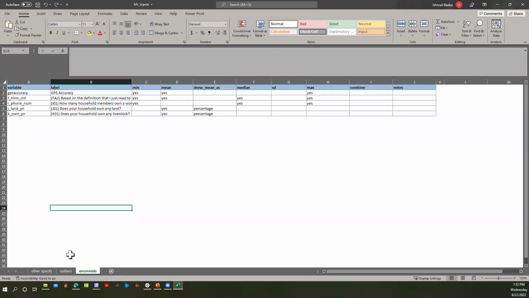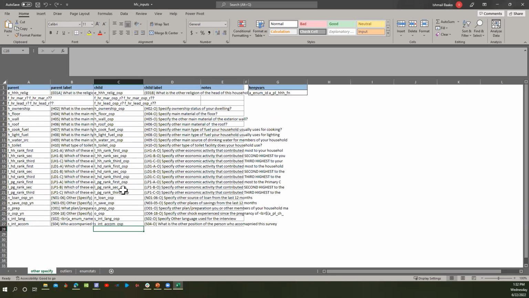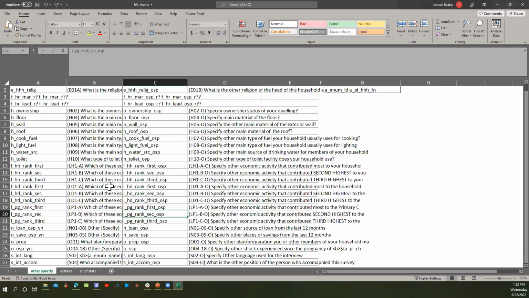So the HFC input file now contains inputs for just 3 of the commands, instead of the 12 or 13 that we had previously. These are commands that absolutely need the input file. Not that we couldn't do it without it, but as I go through it, you will see that it is easier to set it up in Excel than to do it in a do file. So the first one we have is the other specify